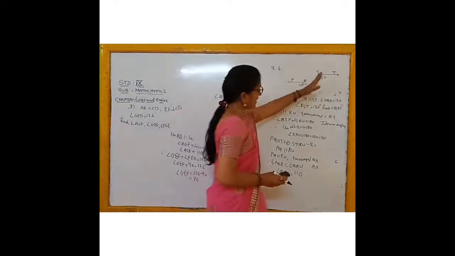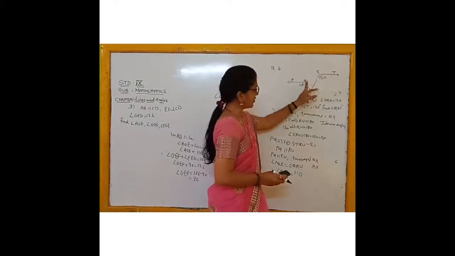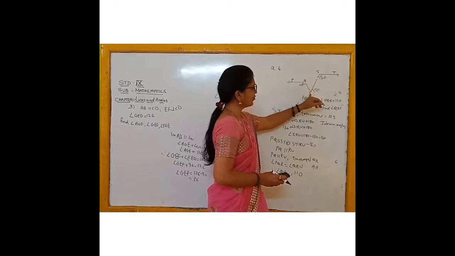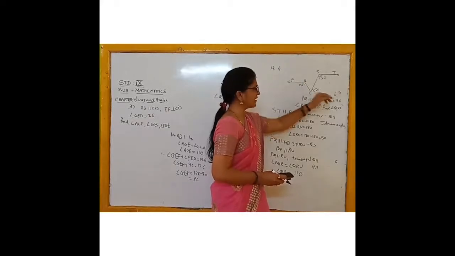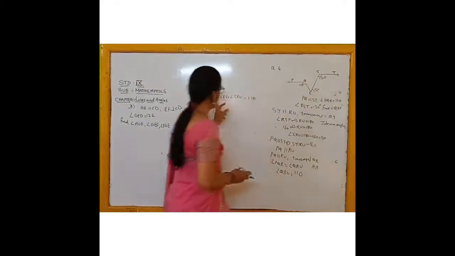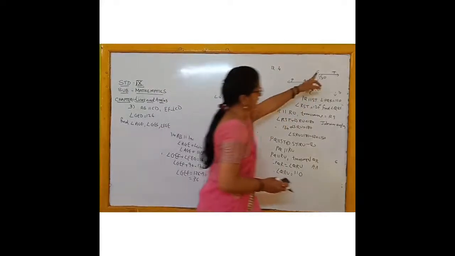Now, ray RS is the common arm of angle QRS and angle SRU. That means they are adjacent angles. So angle QRS plus angle SRU